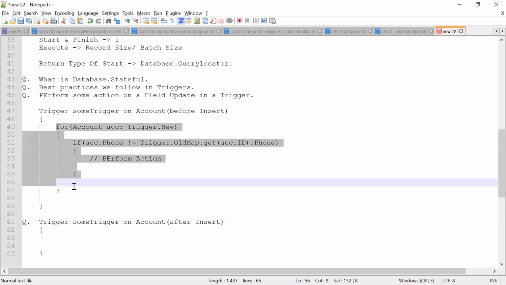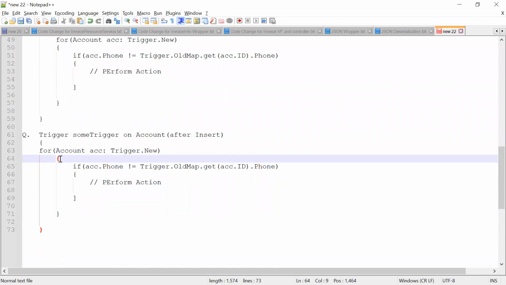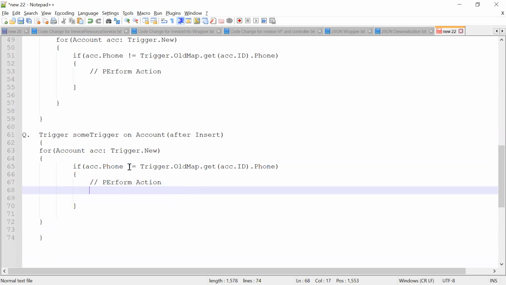Let's say we have this, and inside this, let's say we are making acc.country code, let's say some value. And finally,